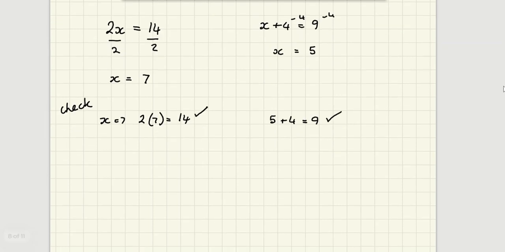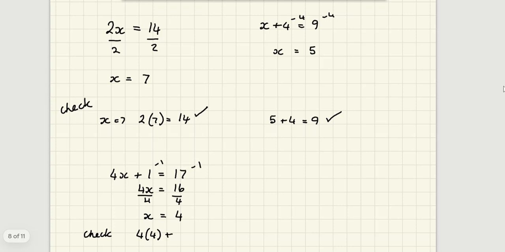If I have one like 4x plus 1 equals 17, we would minus the 1, which gives me 4x equals 16. Divide by the 4, we get x equals 4. If I do my check, I say 4 times 4 plus 1 should equal 17. It does. I'm happy. Now, for each one of those, these are all called